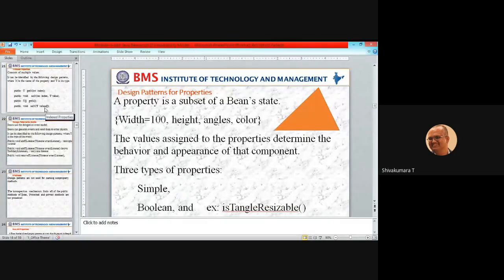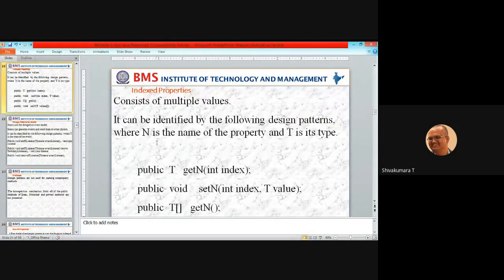To identify multiple values, you use indexed properties. It can be identified by the following design pattern, where n is the name of the property and T is its return type.